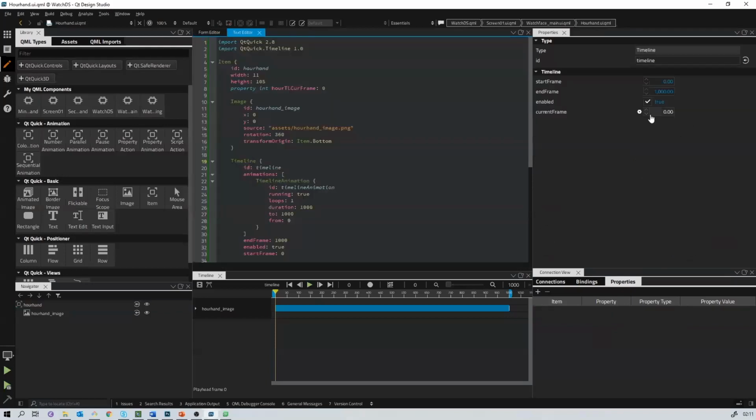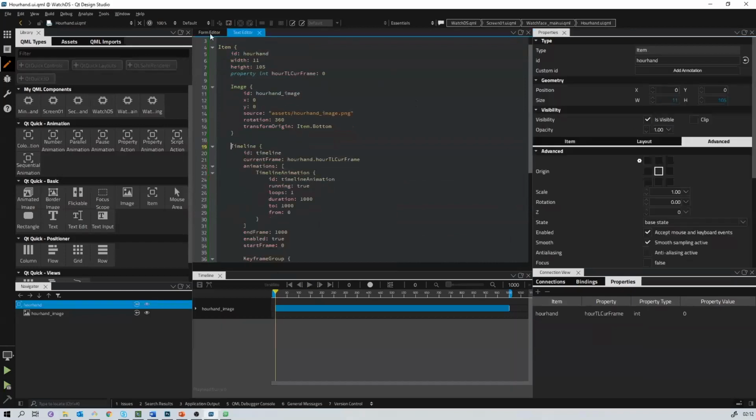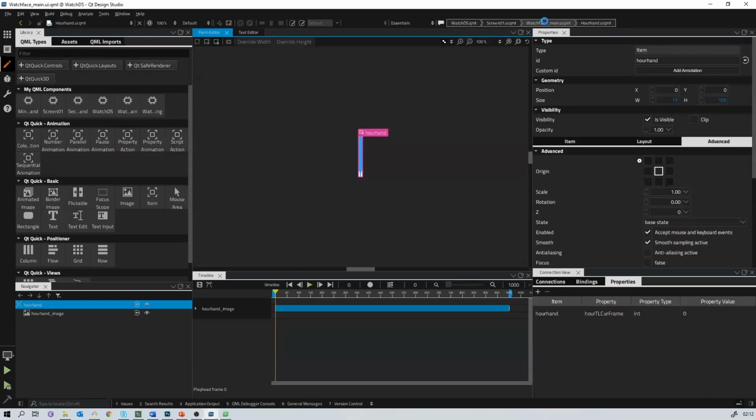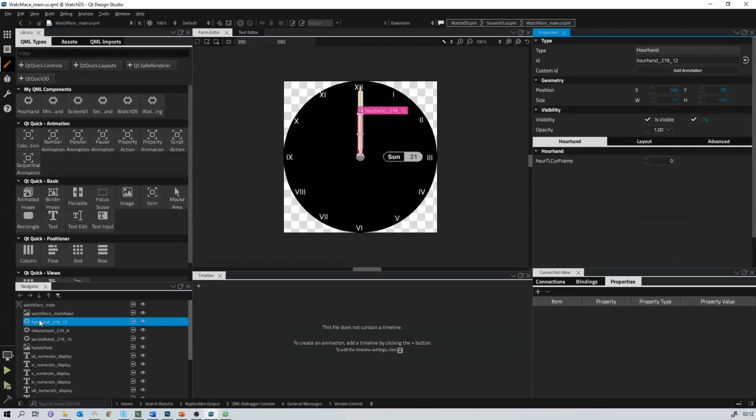You can go inside the text view, and I need to bind the current frame. So you can use the set binding property of the current frame. And I need to bind it with the our hand item, which is called our hand, and my property is called our hand current time frame. So this is how you do the binding with one UI element with another. So my binding is done. And with this nice breadcrumb, you can go back to your initial component. And now if I open my our hand QML here, you can see the